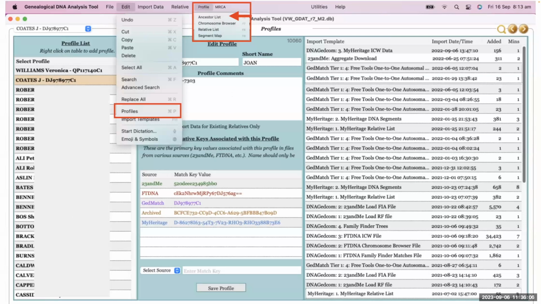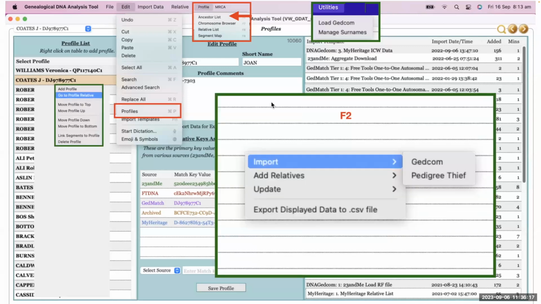And to do that, you need to load the GEDCOM, which is under the utilities menu. When you open up the utilities menu, you need to go to F2 to do the import of the pedigree. And this is one of these areas where you need to right click. You'll get a blank page when you go there, and you need to right click to look at how to